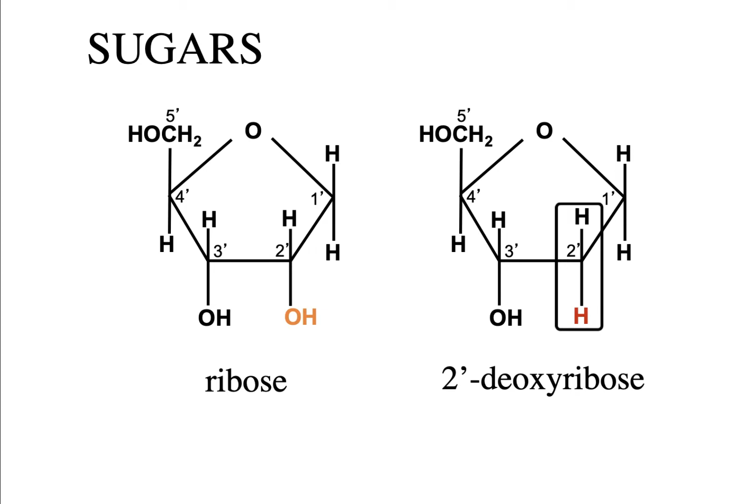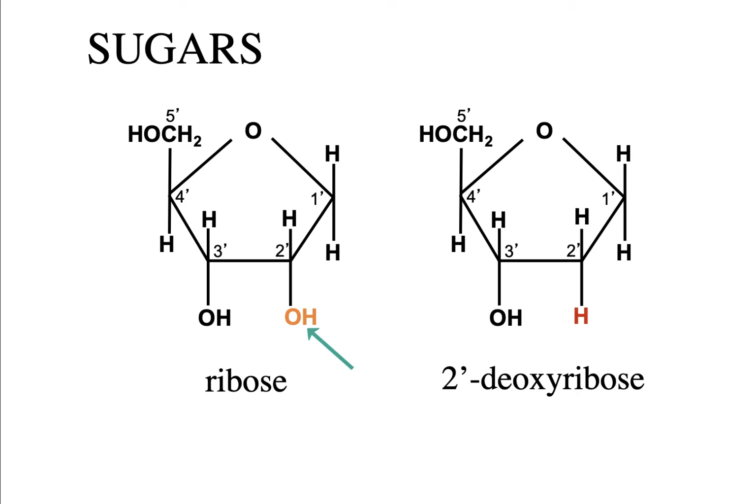And it seems like a minor change, but this hydroxyl in ribose means that the same packing is not possible for ribose as with deoxyribose. And also that hydroxyl is a reactive group, so that makes RNA much more reactive than DNA, which is not